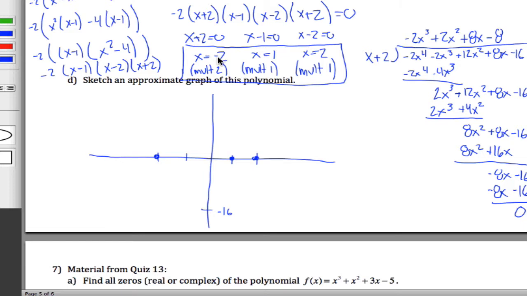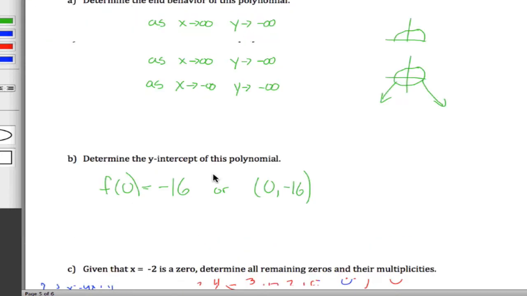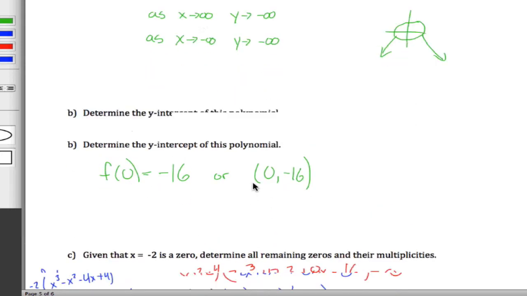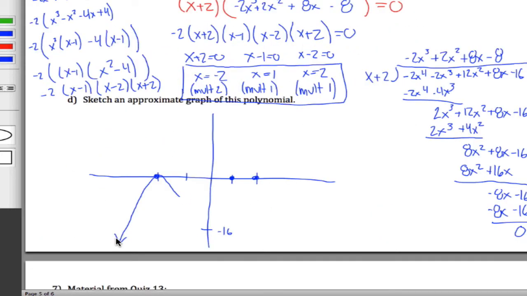However, at negative 2, the multiplicity is 2. Whenever the multiplicity is even, that means it bounces. What do you mean it bounces? Instead of going through the graph like this, it's going to come up, hit, and turn around. How did I know it's going to come up instead of coming down? That comes from my end behavior. It goes down on both sides. It starts way down here, comes up and